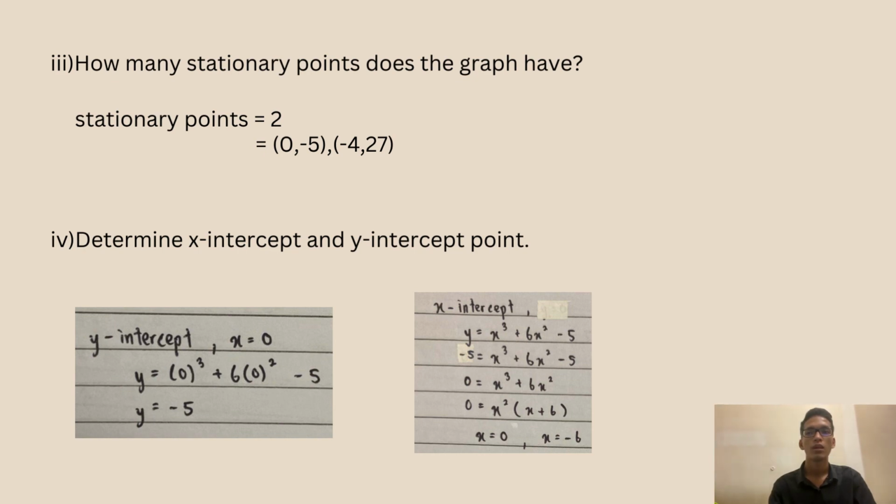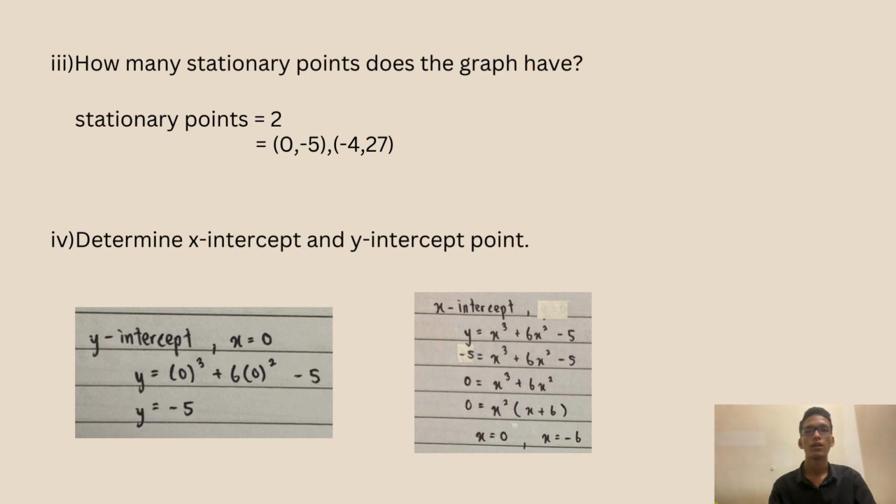For the y-intercept, x equals 0, and we replace the value in the equation that we have, y equals 0 cubed plus 6 in bracket 0 squared minus 5, and we will get the value of y is minus 5. And the second is the x-intercept. Y equals x cubed plus 6x squared minus 5, and we get the value of y is negative 5,